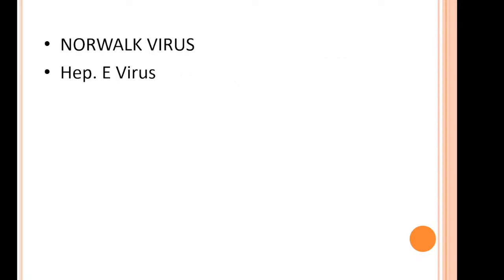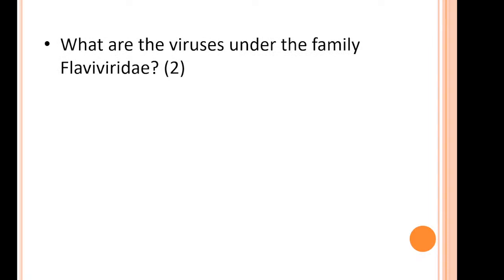All right, we're going to move on with the viruses that are involved in the family Flaviviridae. Flavius is Latin for the color yellow, so it's easy for you guys to remember. The viruses under this family are the yellow fever virus, and then of course dengue virus. Now, an easy way for you guys to remember it: Juan Flavier was one of our heads of the DOH for a couple of years back in the 1990s. I don't know if you guys were alive back then, but Juan Flavier is the one who